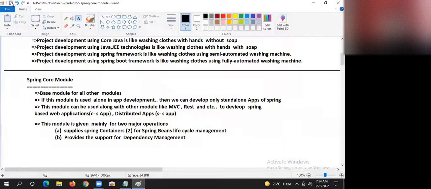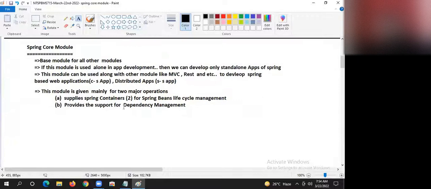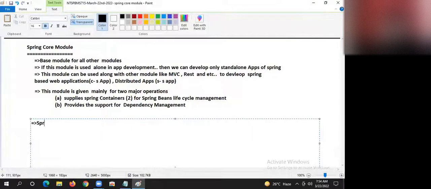Okay, guys. Dependency management. Shall we get into the next level discussion, guys? First, I'll explain both the points. Please be ready.